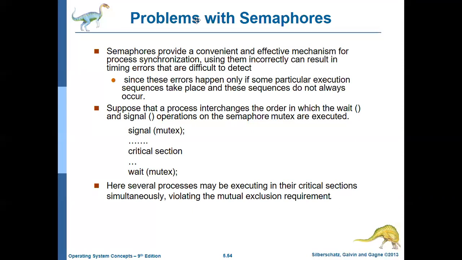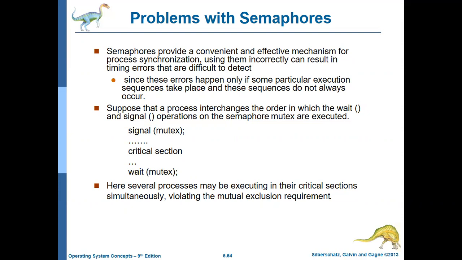So it was a method for effective process synchronization. But the problem with the semaphore is that if we do not use them correctly, that is, the order in which they should be involved is not properly designed by the programmer, then what can happen is something known as a timing error. So what are these errors? It happens only when you have a situation where the execution sequences that take place are in a different order, or some of the sequences do not occur at all. When some such situations arise, you can call those errors a timing error.